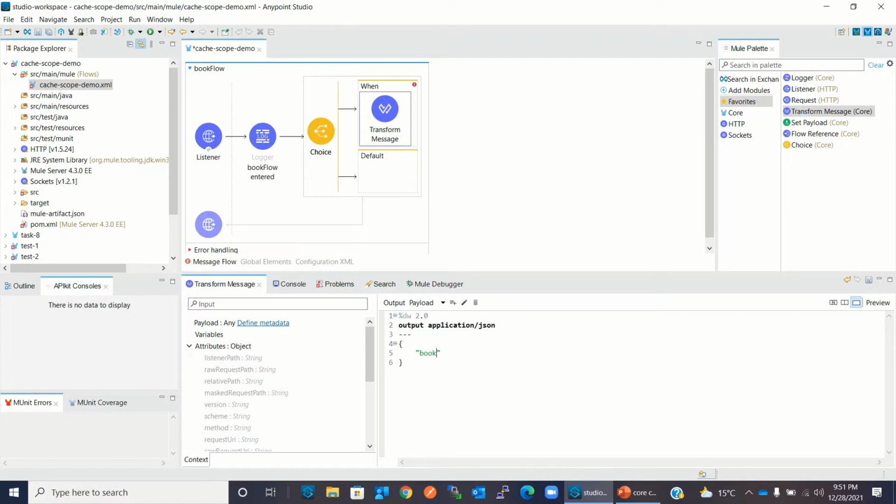I will say bookId 100, bookName book 100, price 250.